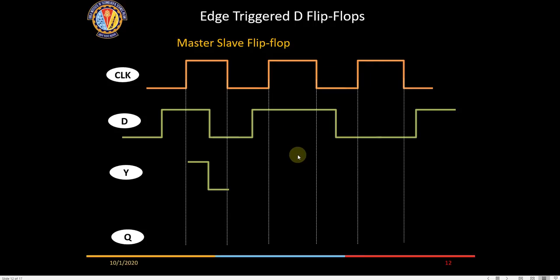Now when this clock is high, in this duration the D is high, and here the D is low, right? Now once the clock goes low, Y continues to remain in the same state. So we can draw this line here like this. Similarly here, it will continue to remain 1. Is the output waveform of Y with respect to D and clock clear to everybody?